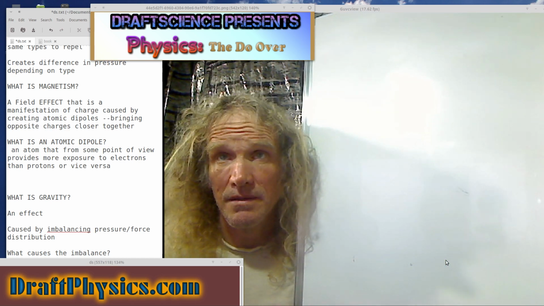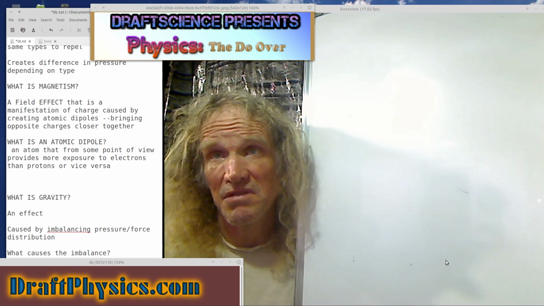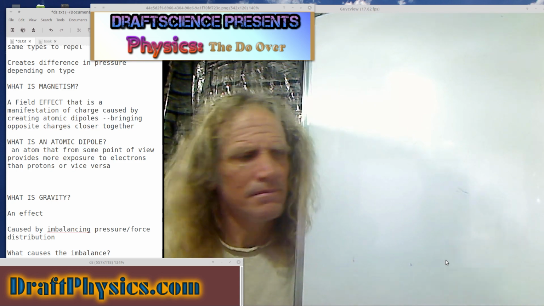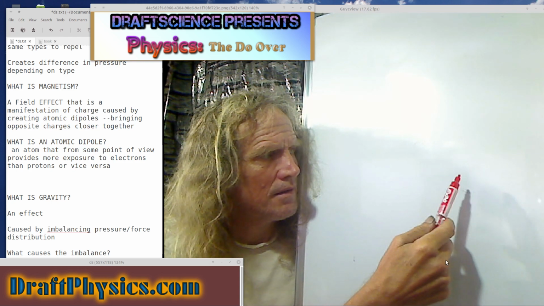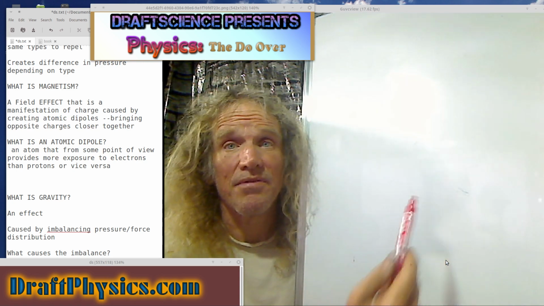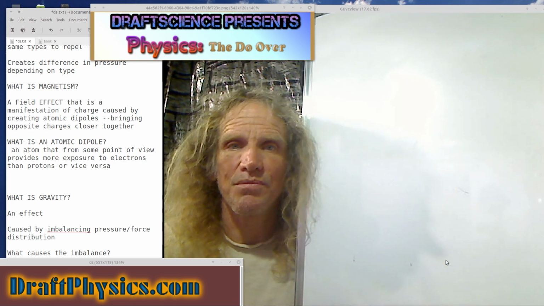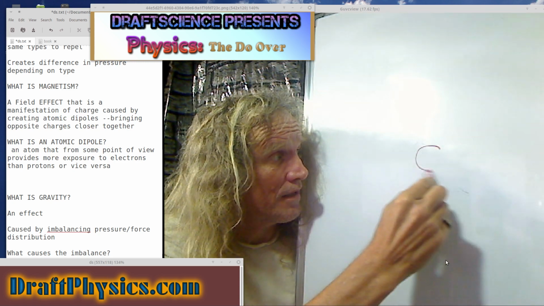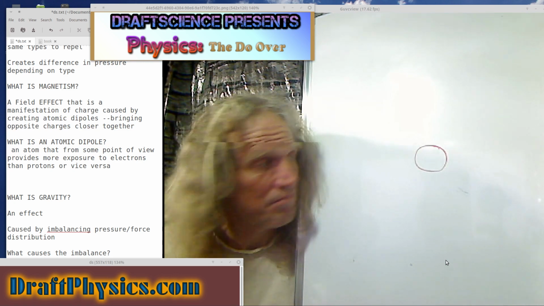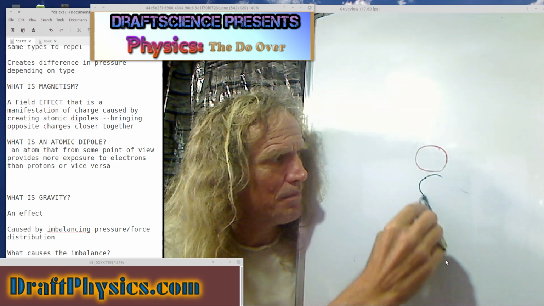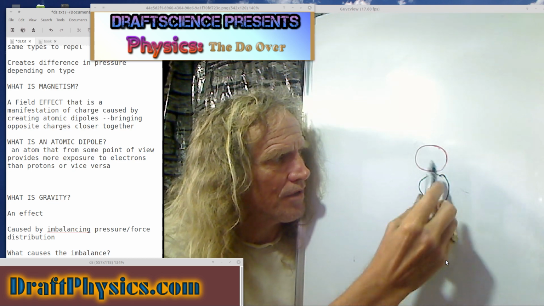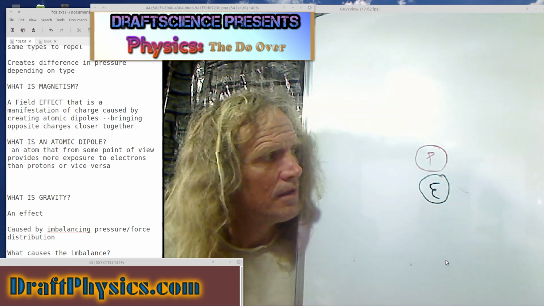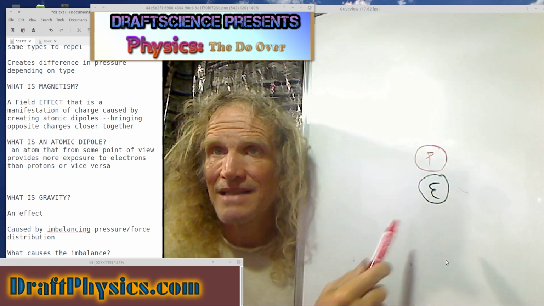So on to magnetism. So it's sort of simple. Okay, another field effect. The effect is what happens to the field. That's all that really matters, is what are you reflecting to the world. So the magnet is really just saying, okay, when this is by itself, one kind of reflection happens through the world, but when I take both of them and put them close to each other, I create what's called a dipole. Okay, and that's a magnet.